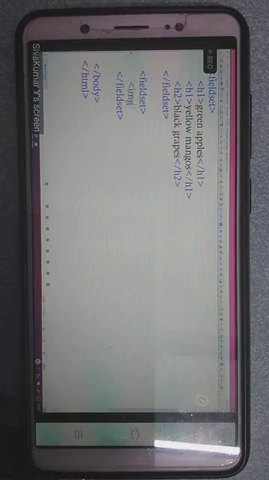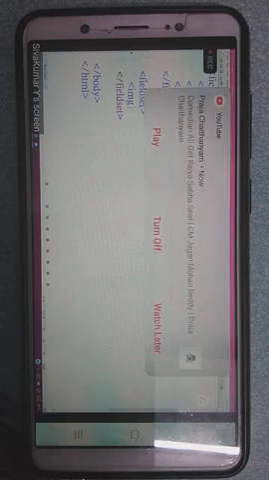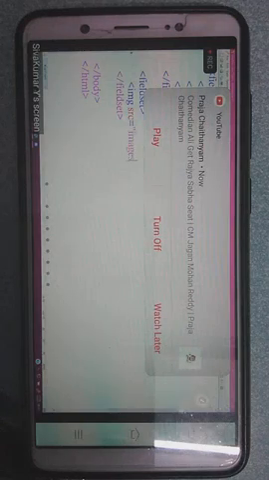So the tag name is IMG, SRC equals images slash